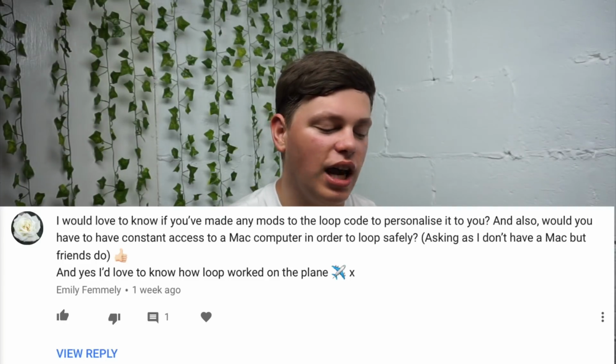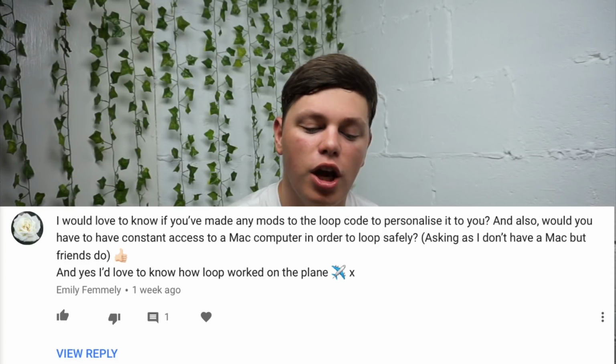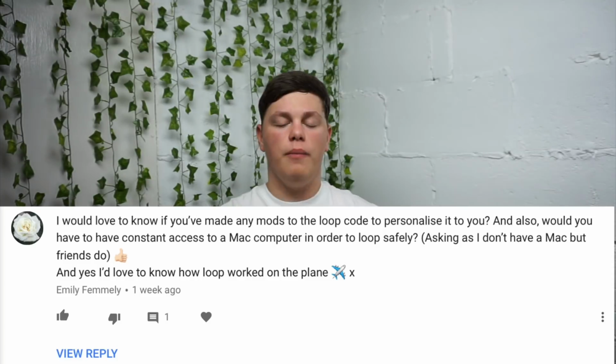Next question. I would love to know if you've made any modifications to your loop code to personalize it to you. I haven't personalized it myself, but I do have a custom loop code that links it directly with Spike. So I'm looping totally offline. I don't need any internet connection to get my Night Scout or Dexcom shared data, because it takes it locally from